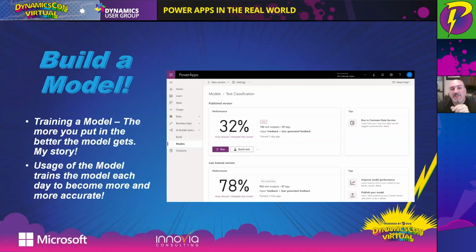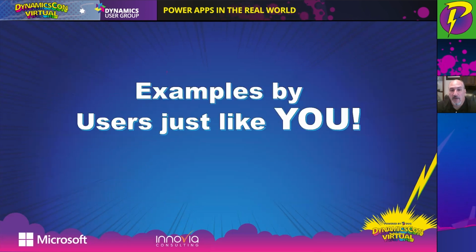So you can build a model and you'll see how you train the model, what the details are, and the more data that you give to the model, the better and more accurate the score is. If you only have 10 items in the model, then you're only going to get a low prediction. The more it learns, the more data it gets. The more data it gets, the more accurate your model will become. So you can have some fun with that one as well.